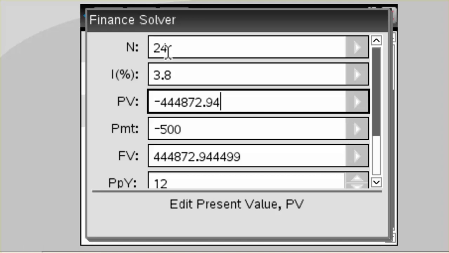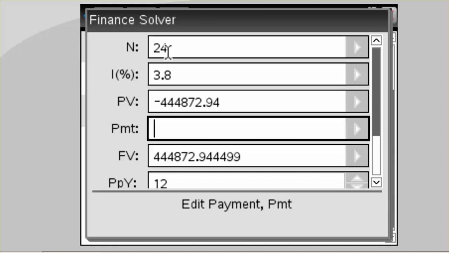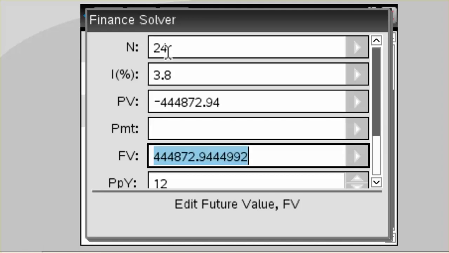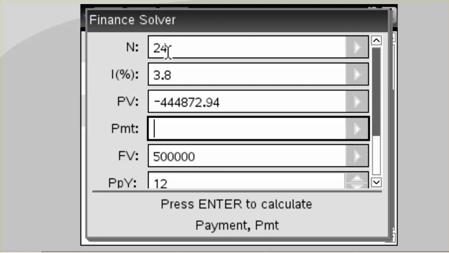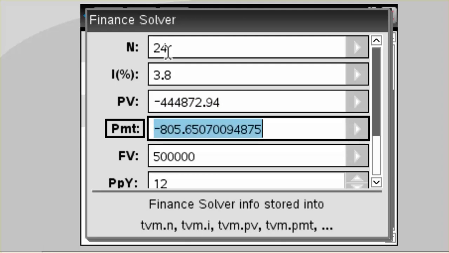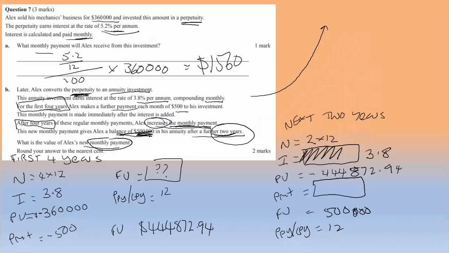His PMT, that's what I want to find out. Future value, he thinks he's going to have 500,000. Still monthly. Let's go back to our PMT as payment. Press enter. And that will have to be his new payment to get it up to 500,000. So that was his new payment,